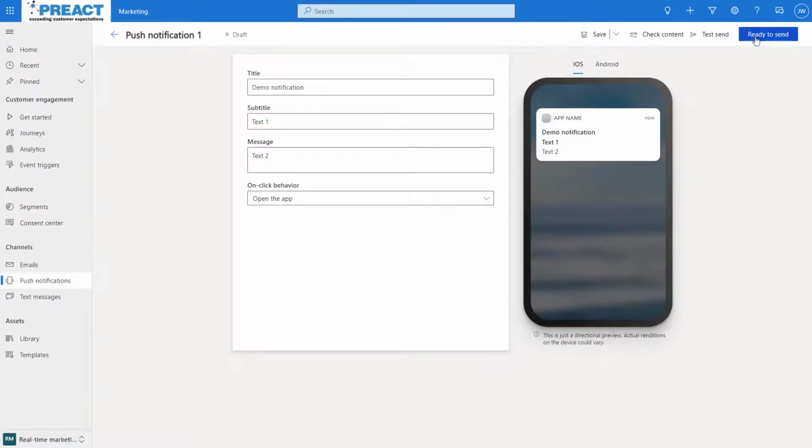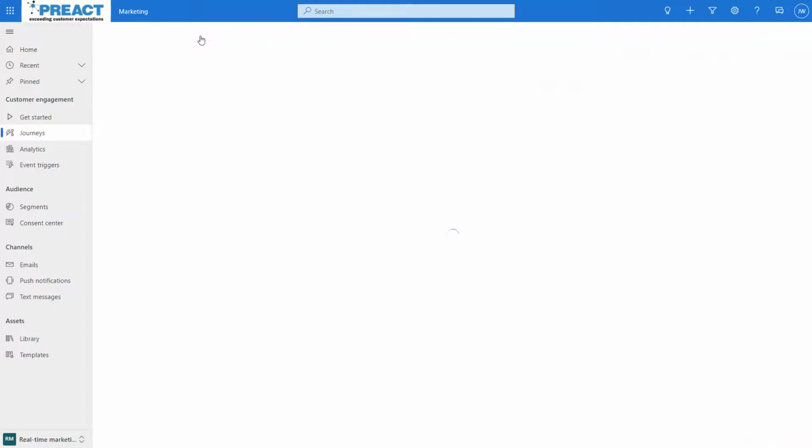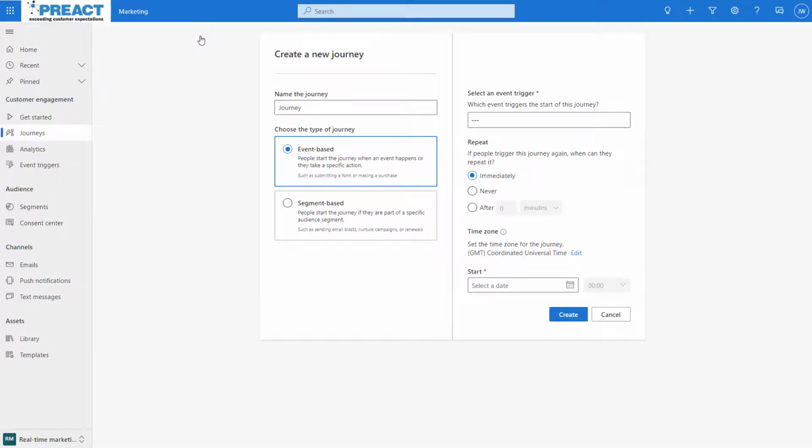Now we've got an email and a push notification, let's head over to the Journeys page where we can start putting this all together. Clicking on the New Journey button will allow us to start creating our new journey. First of all, we need to give it a name. We can choose the type of journey, so if we want this to be event-based or segment-based,